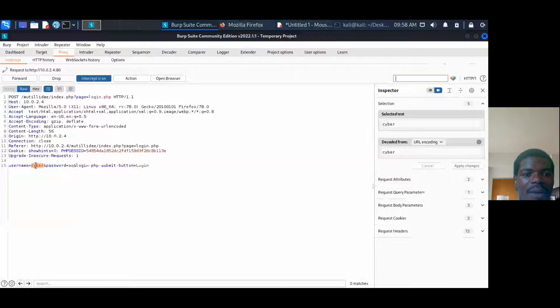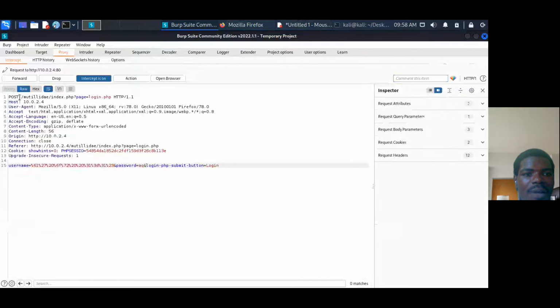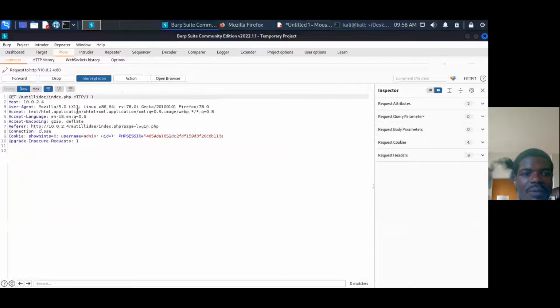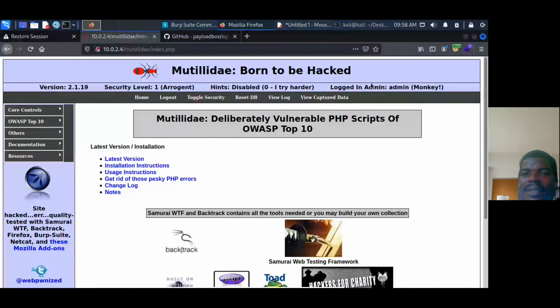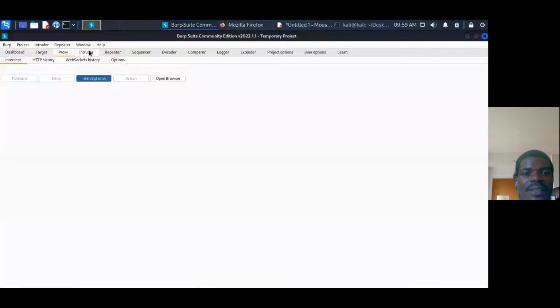Instead of using this cyber, I'm going to just insert that particular payload and forward it. Let's see what it's going to give us. Let me forward this too. So I've been able to log in as an admin. As you can see, I've logged in as an administrator, right? Using this part, let me go back to Burp Suite. Using this